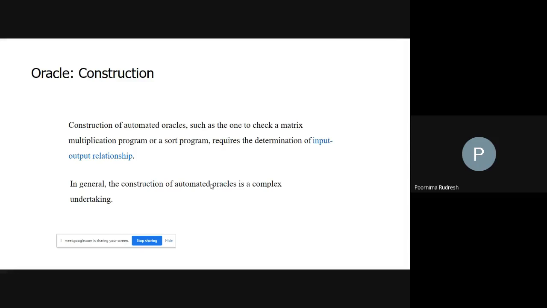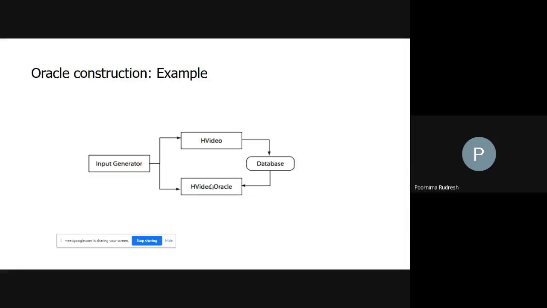But for complex systems or complex software, such as an operating system, construction of the oracle is a complex process. We'll see one example here. We will have a program called HVideo.